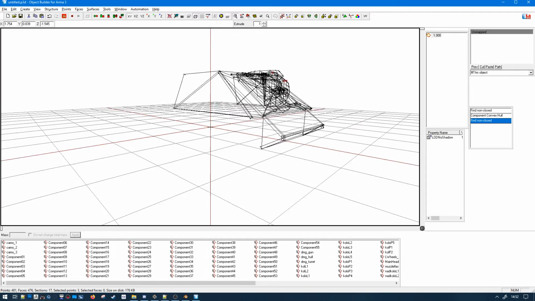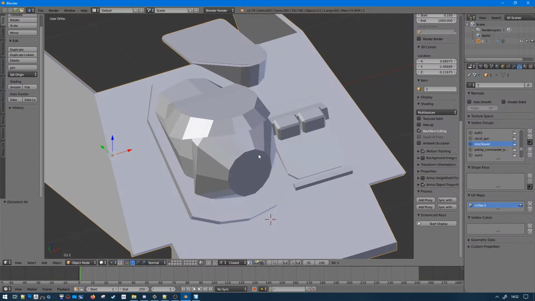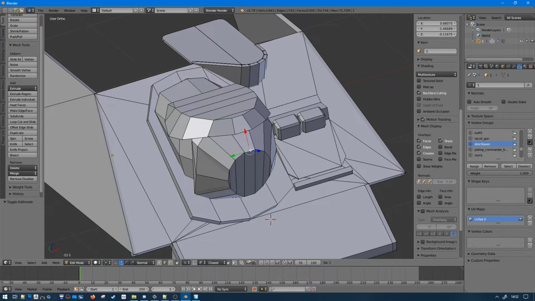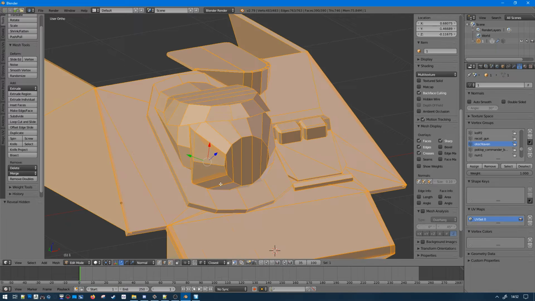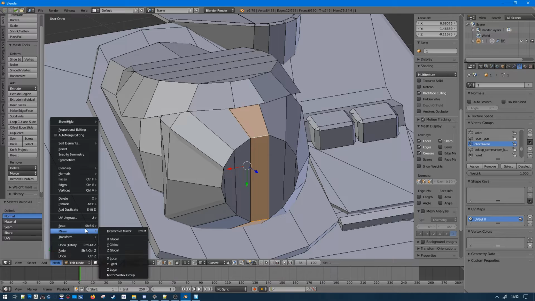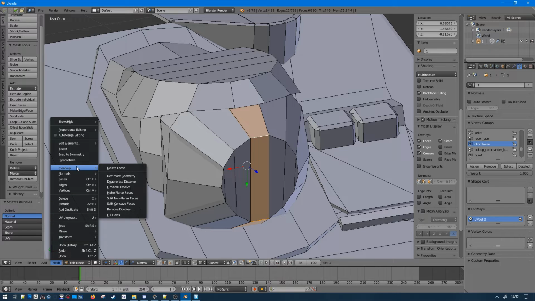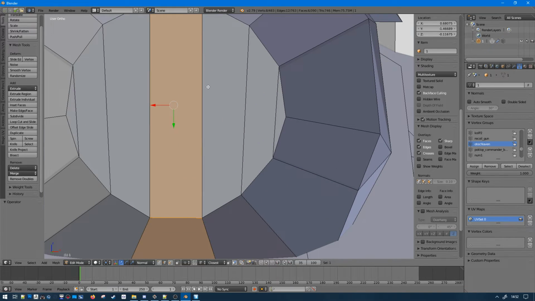It's so annoying. You see, if I select this, which is the one that annoys me, and do a cleanup, make planar faces, you see how it changed the mesh?